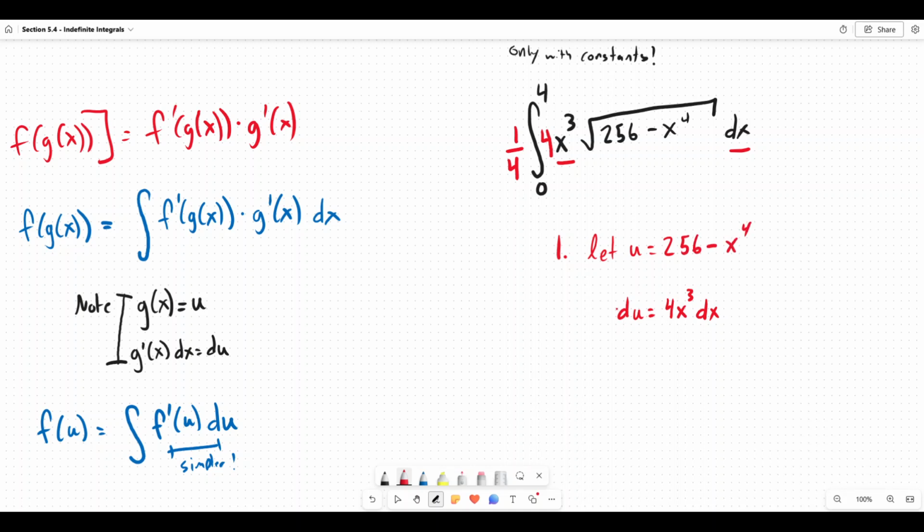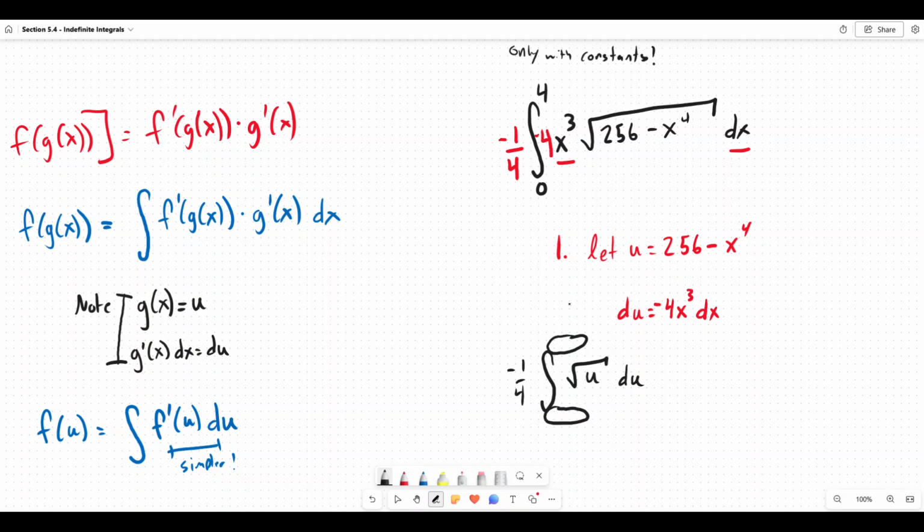Now, please note, what is that going to cause du? Well, now it's going to be negative. We want a negative 4. And because negative 1 is a constant, we can still rewrite it. Okay? So if we do it now, we have dramatically reduced this. This is negative 1/4 times the integral of the square root of u du. Now, it seems a lot simpler, but don't forget,